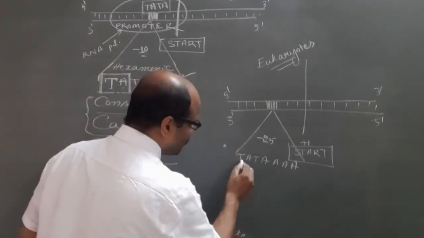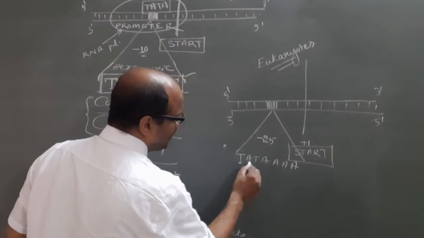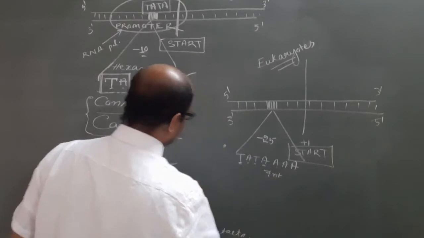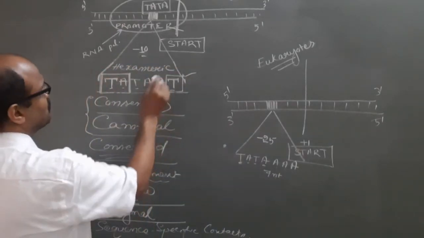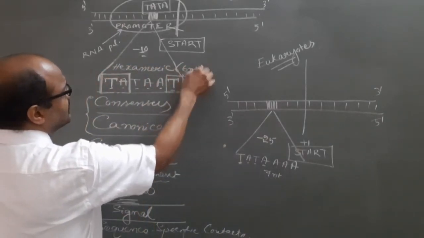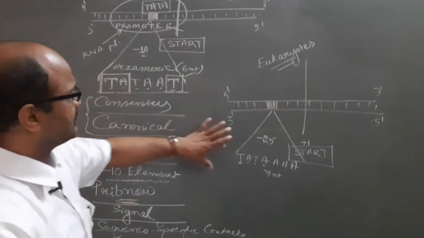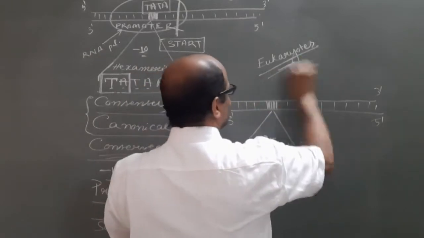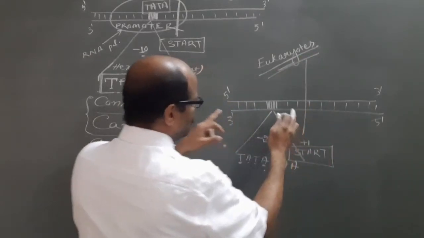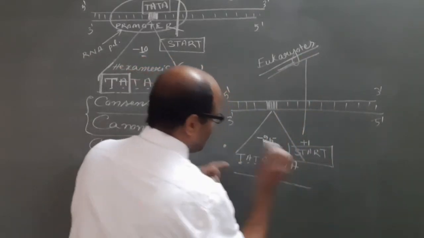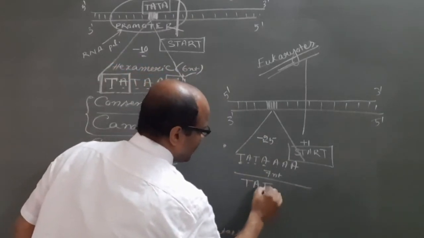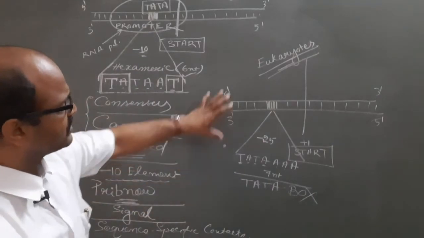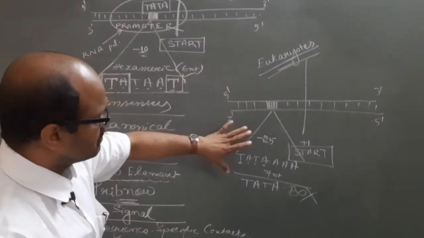So this region is present in the promoter region of eukaryotes, and there is also the repetition of thymine, adenine, that is the 7 nucleotides. This is the 6 nucleotide hexameric. Here it is 6 nucleotides in prokaryotes, 7 nucleotides in eukaryotes. Actually in eukaryotes, this consensus sequence or conserved sequence is known as the TATA box. So usually we use TATA box in eukaryotes, but it is also